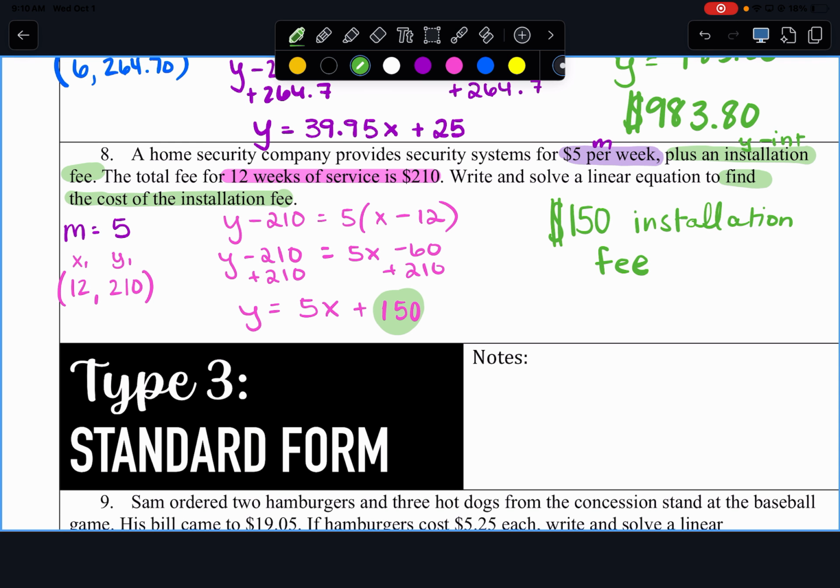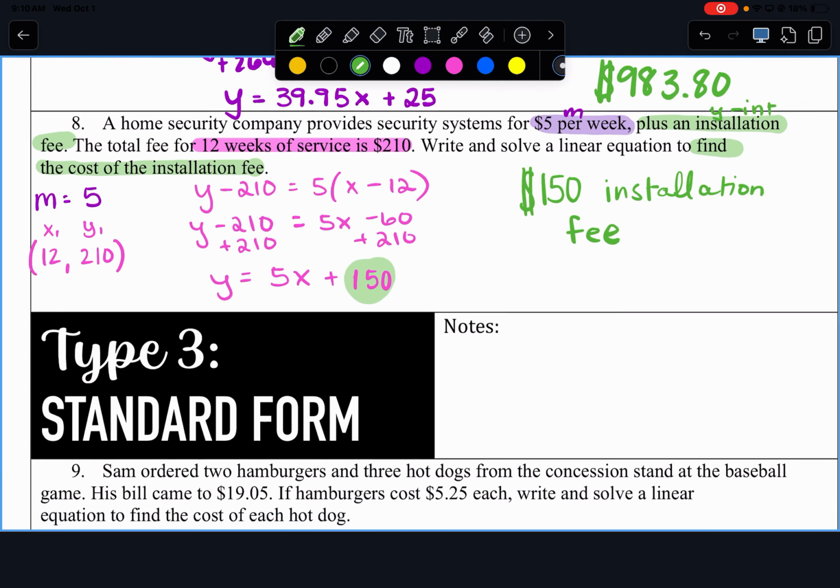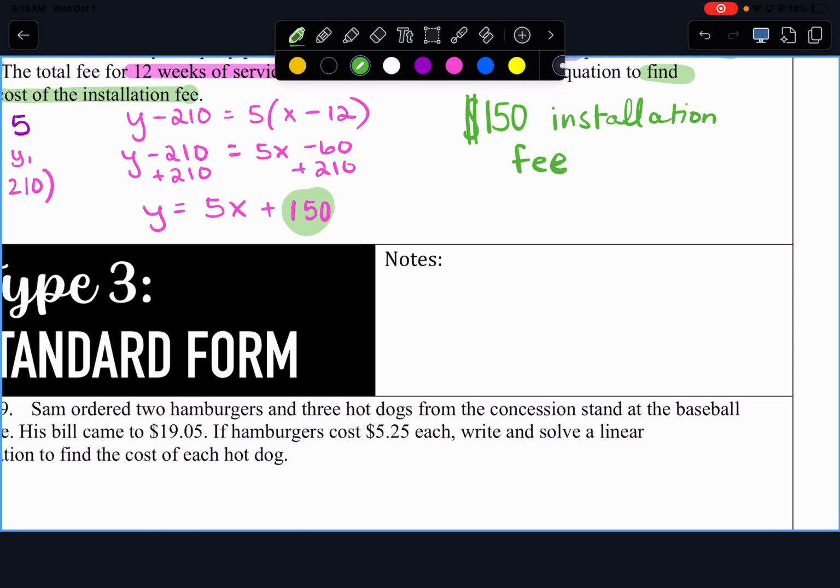Perfect. Now, standard form questions are actually my favorites. Okay, I like these. So we're gonna go ahead and set these up and talk about them. So if you remember, standard form is the form AX plus BY equals C. And we're gonna use